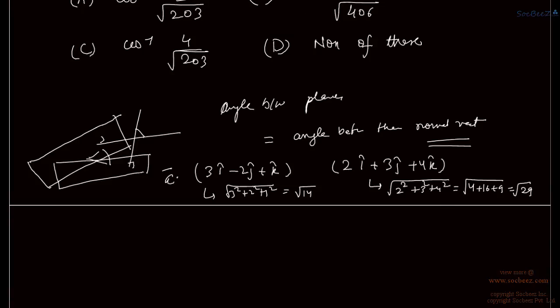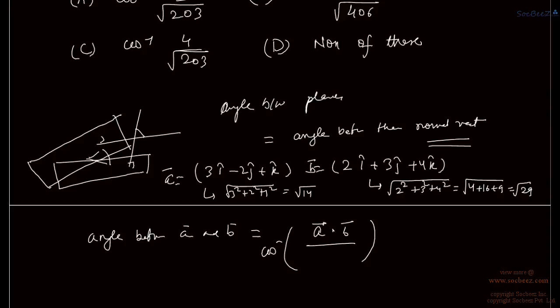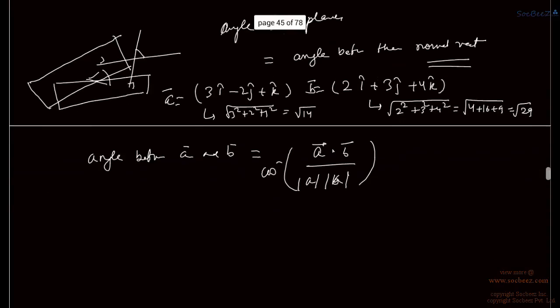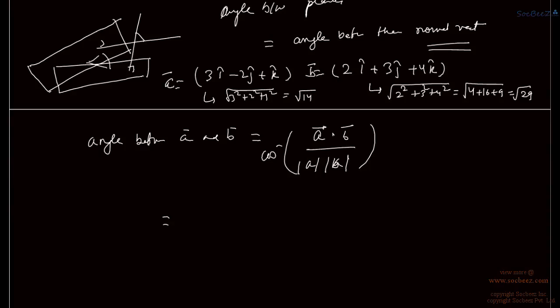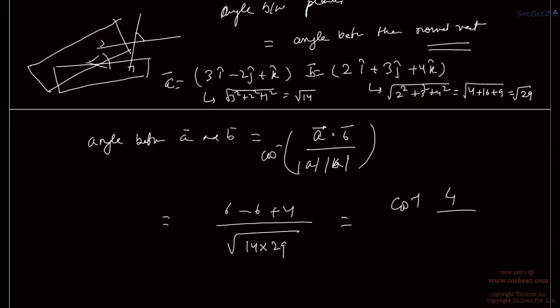Say this is vector A and this is vector B. So we have angle between A and B given by cos inverse of A dot B upon magnitude of A into magnitude of B. That's why we have found the magnitudes. So what is A dot B? A dot B is 3 times 2, 6, minus 2 times 3, minus 6, and 1 times 4, plus 4. So 4. Magnitude of A into magnitude of B, that is root under 14 into 29. So we have cos inverse of 4 upon root under 14 into 29, which is equal to